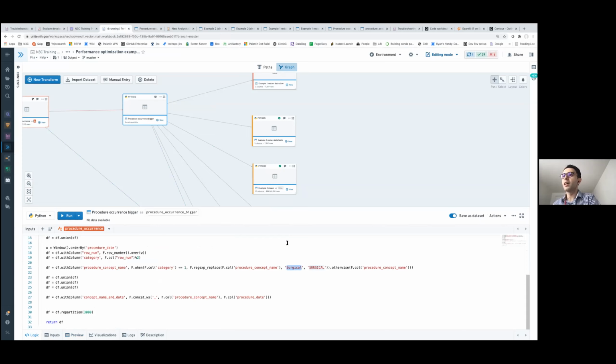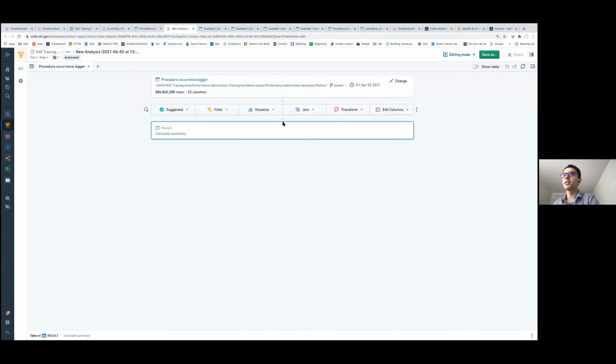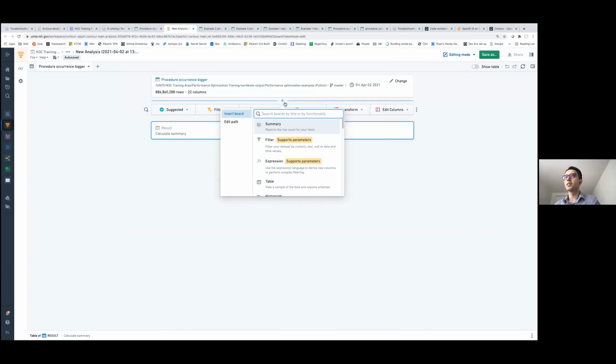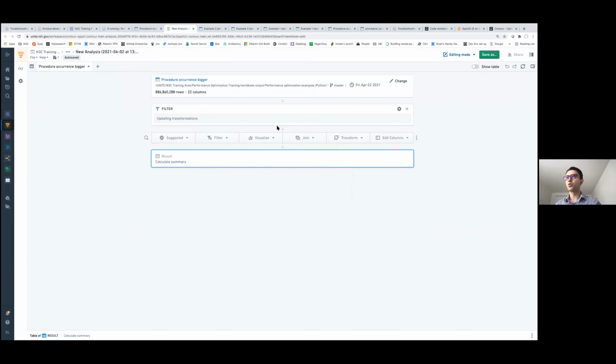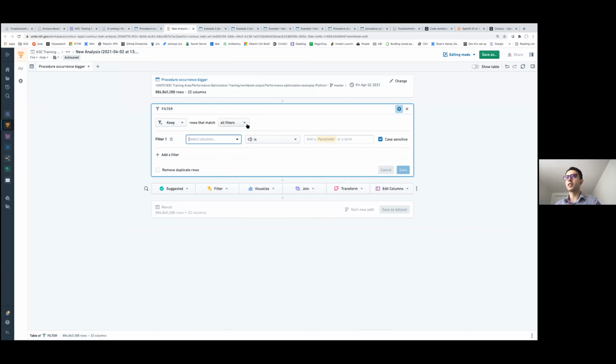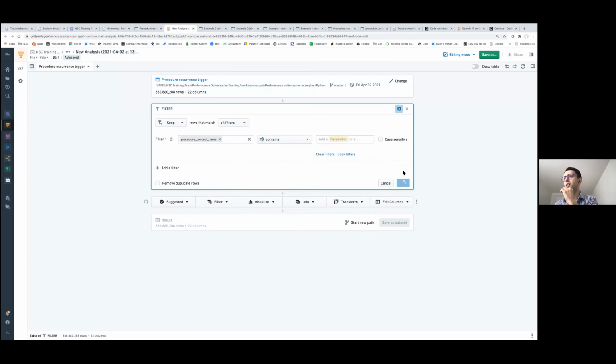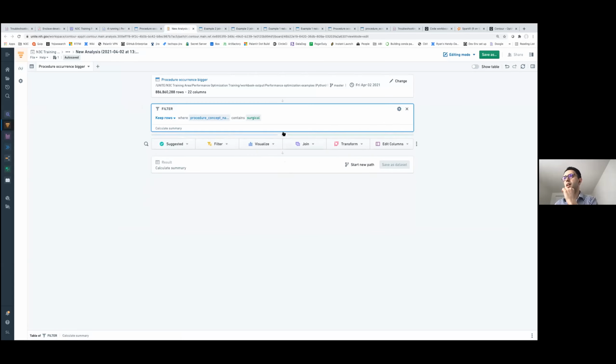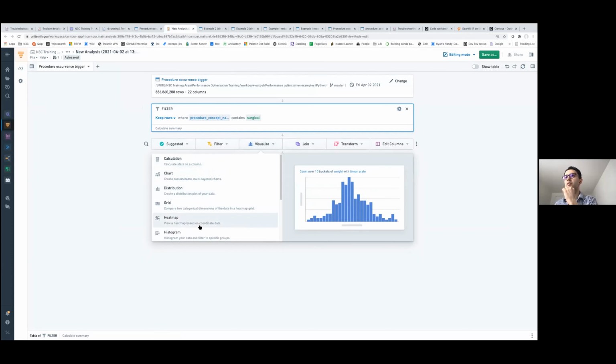So let's look at it in Contour, it will make more sense. Let me filter to only the procedure concept names that contain the word surgical. And now let's look at the histogram of these values.